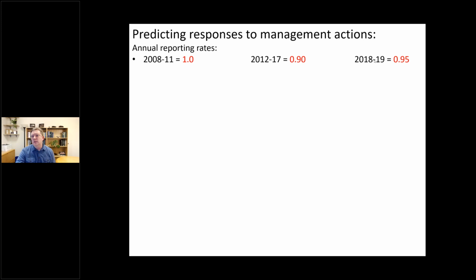And then 2018 to 2019, they changed to an electronic registration. And they think that would have increased their reporting rates relative to the previous years, but still possibly been slightly less than 1. And so what we want to do then is to take this and go back and refit the model using these reporting rates to see if it changed any of the inferences that we can draw from the overall